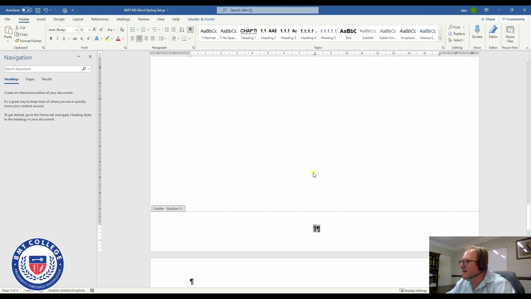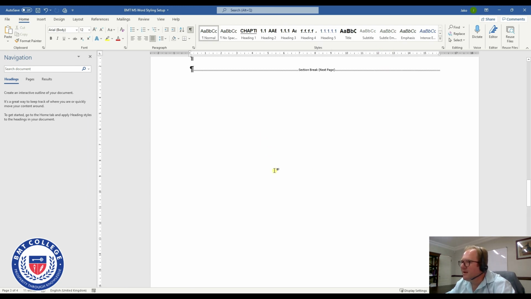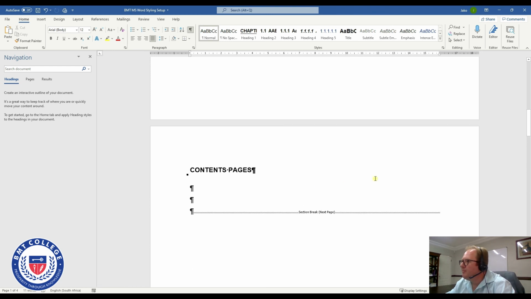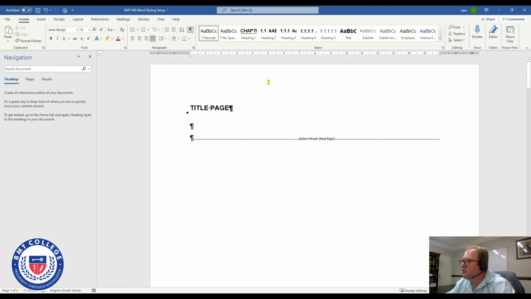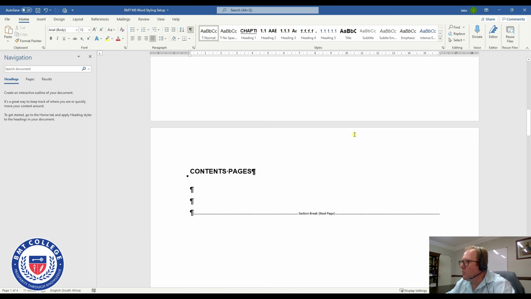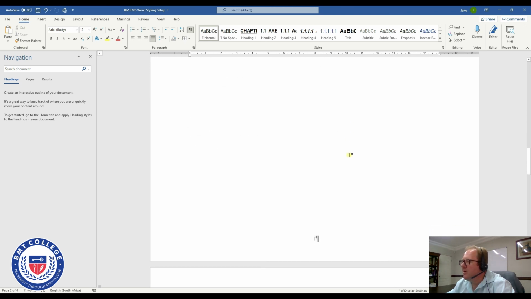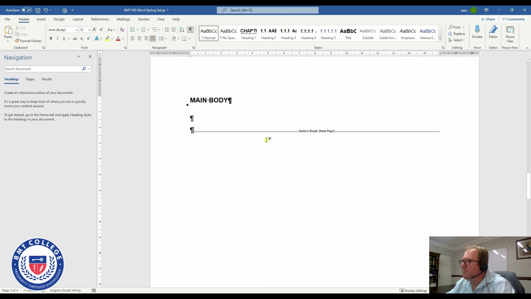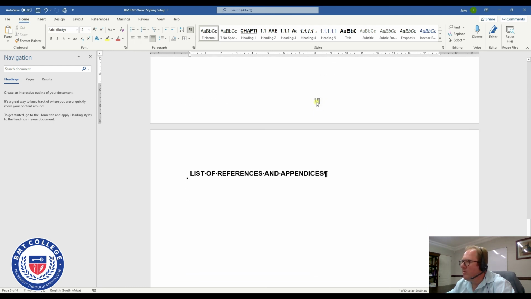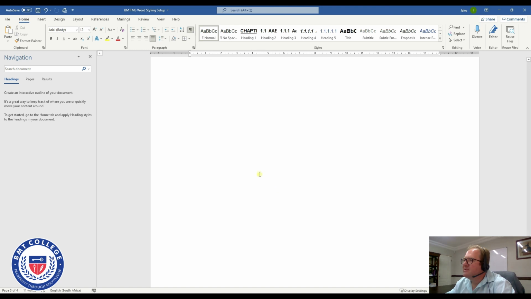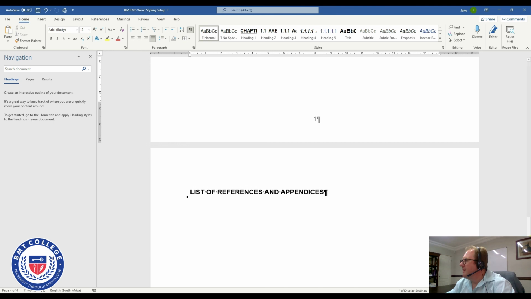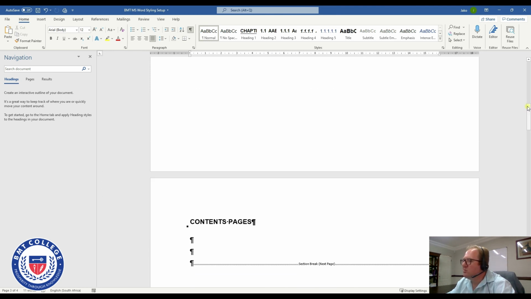I'm going to close my styles. I'm going to go to the main document again, and you will see in the main body my title page doesn't have any number because I don't want a number on it. It is the cover of my book. The contents pages will start with the Roman numeral i. My main body will start with the normal Arabic number 1, and then the list of references and appendices will continue on page 2. So we can take off our special characters